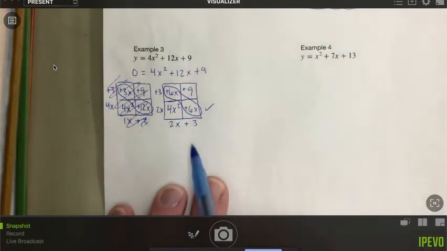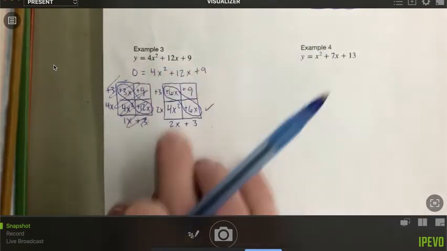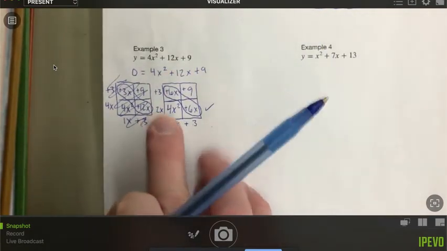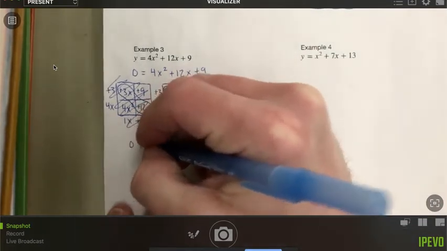So if this still hadn't worked, I could have always tried 1 and 9 here. So just remember that. In a case like this, you have options for not only the x terms, but also the factors here. All right, so now